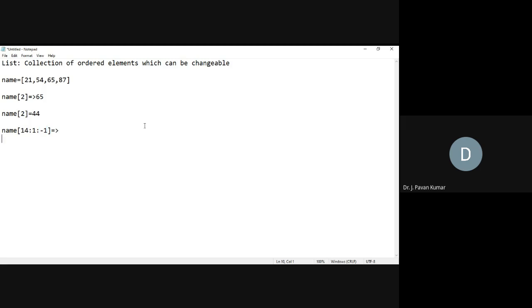Okay. Next we have seen another one: as we could change the elements of the list, we can directly assign other values, like name[2:5], and we can assign some values like 44 and 2. If I specify this, how many elements will we be getting? In general, name[2:5] in the sense 2, 3, 4. So 3 elements we will be getting. Although we are getting 3 elements and we are assigning only 2 elements, that is also allowed. Try to understand, name[2:5] in the sense 2, 3, 4. Those 3 values will be replaced by 2 values. So the remaining elements will be displaced accordingly.